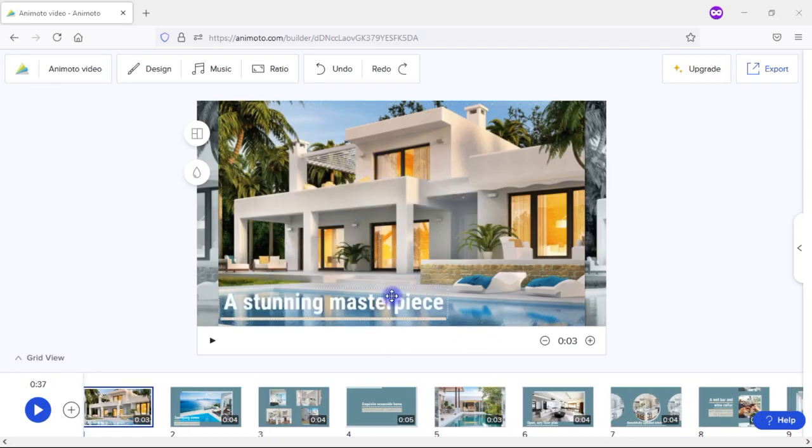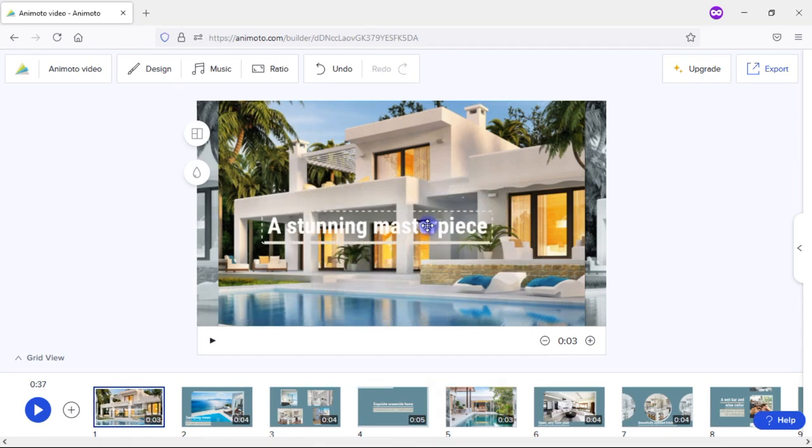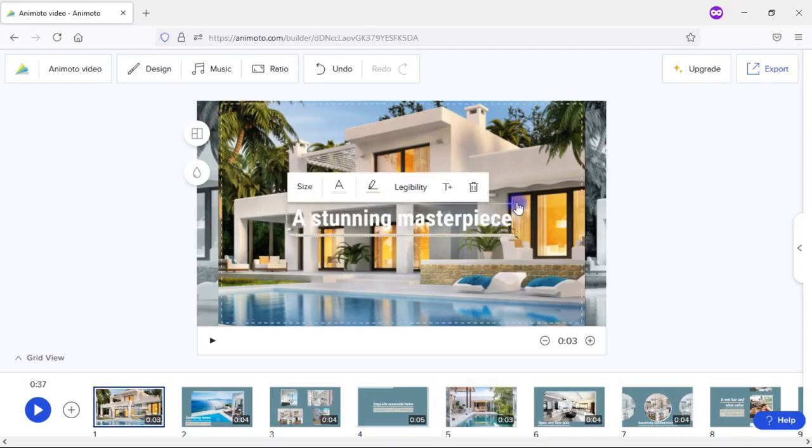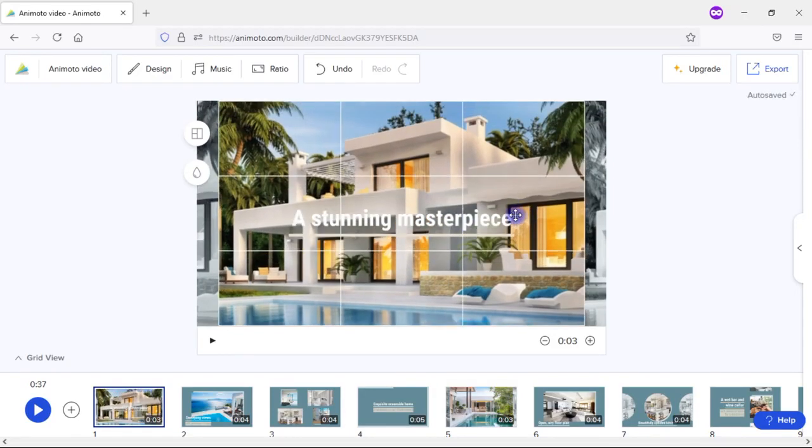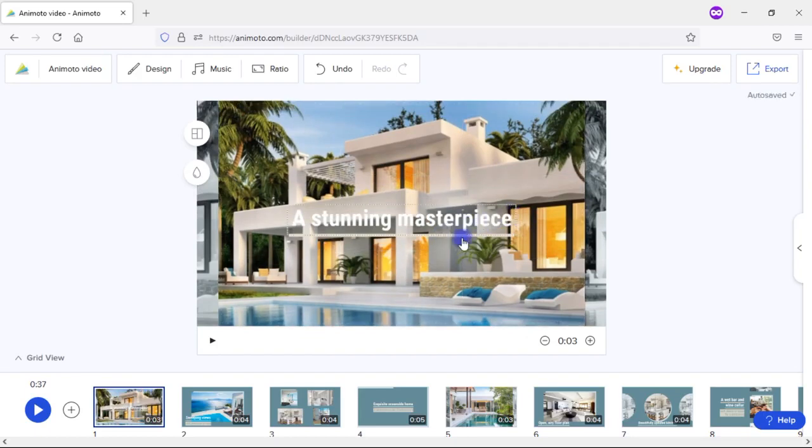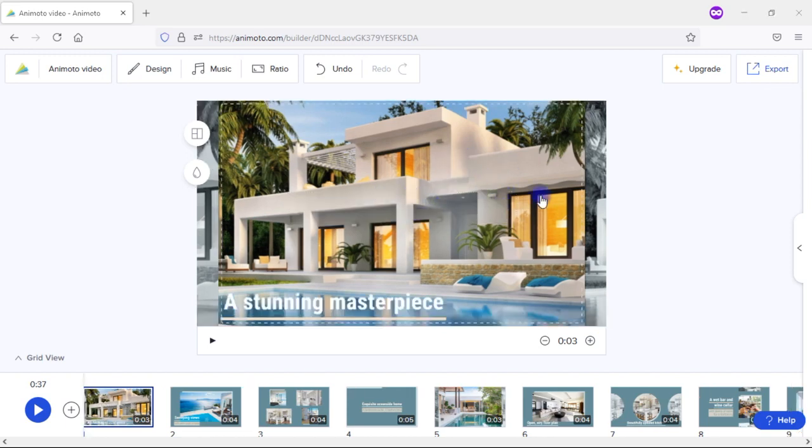Okay, so I went ahead and reset this font. Actually, one other thing real quick, you can obviously move this around wherever you want. You do have the grid lines that help you place it. Let's see if we can. No, it does not look like you can make this bigger by pulling it out or smaller by pushing it in, and also there's no way to rotate that text. So in terms of this photo here, what can we do with it?